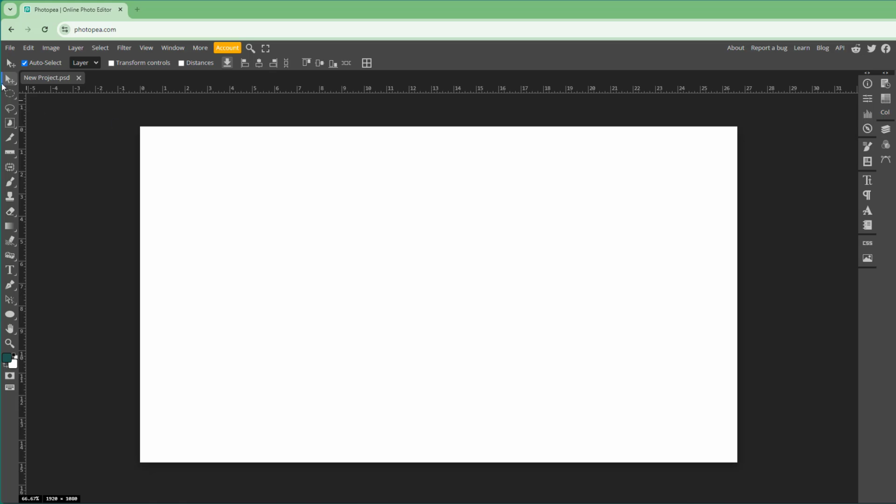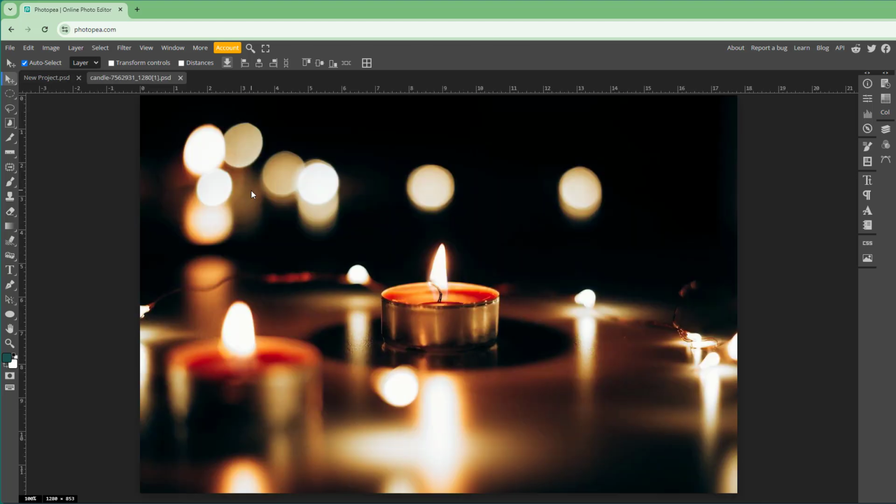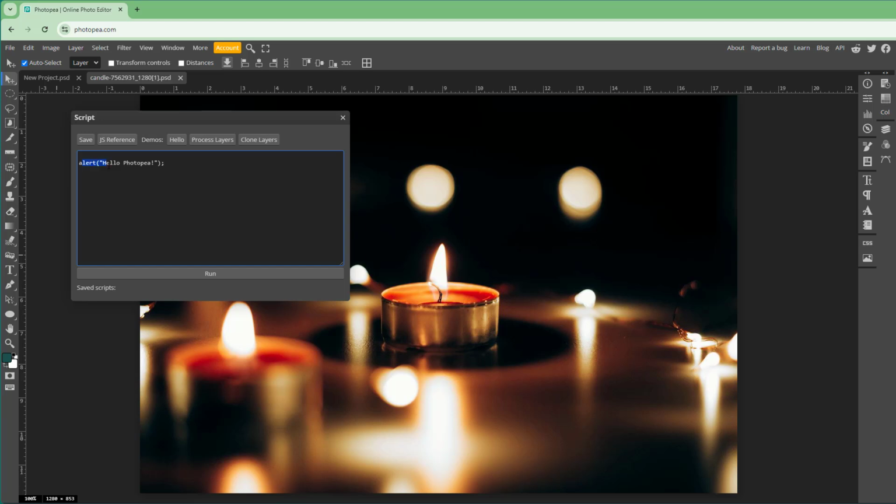So what you can also do is utilize scripts inside Photopea to apply effects or do many tasks. For example, I have an image right here, and I'm going to go onto File, and then onto Script. It says alert Hello Photopea. So if I run this, you can see that it says Hello Photopea right here. But if I type in TutorTube, then I can run it and it